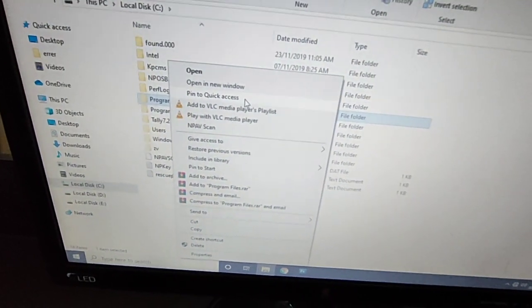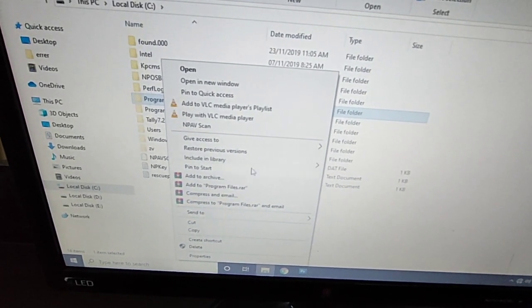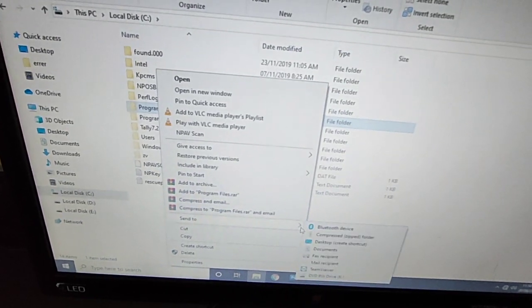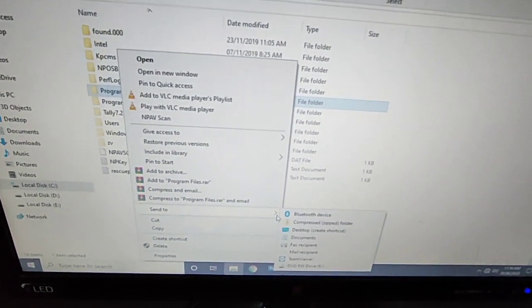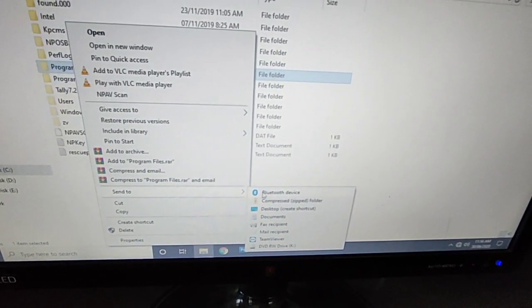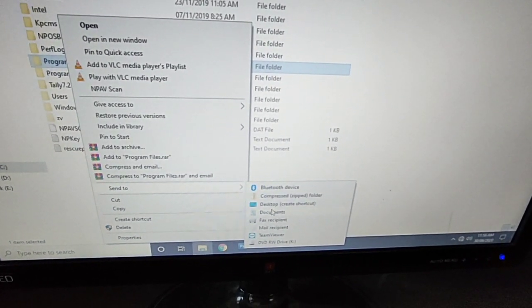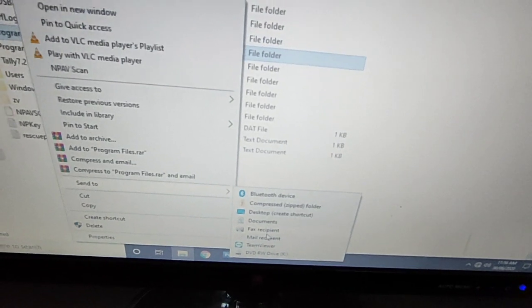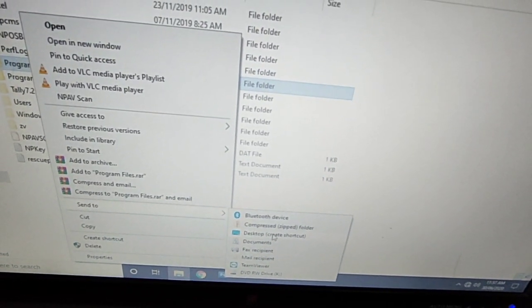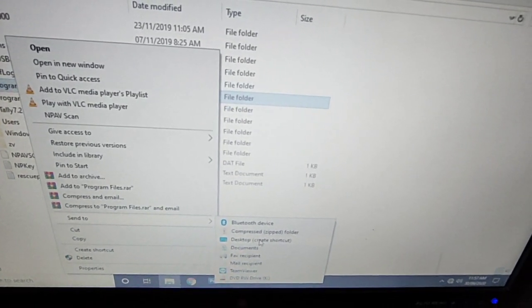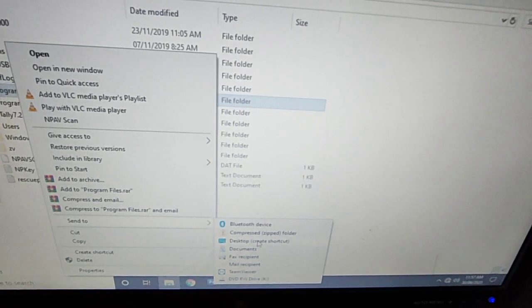Now there is a submenu open here, and using the option Send to, you need to click on Send to. When you click Send to, you again see a submenu here, and in the submenu you can choose Send to, Desktop (create shortcut). This is your third option, create desktop shortcut. And when I click the desktop shortcut,